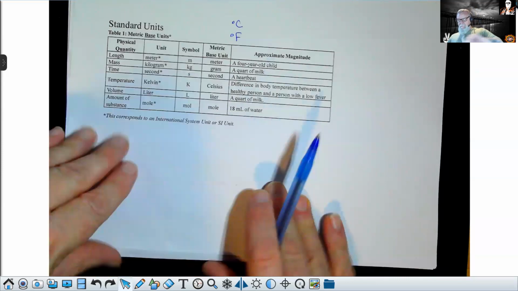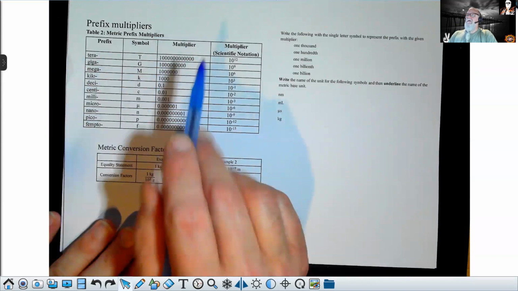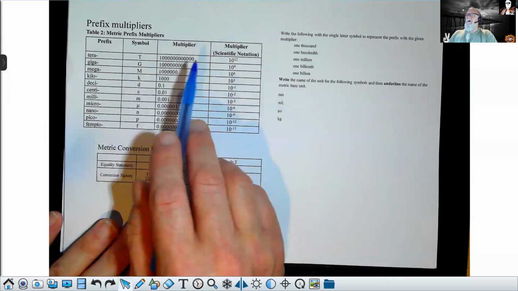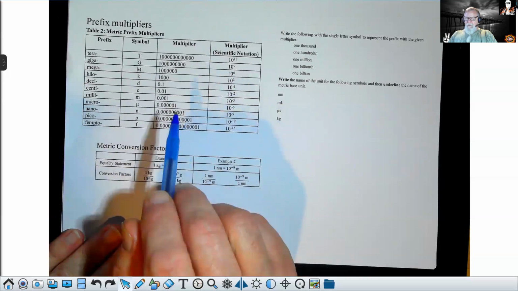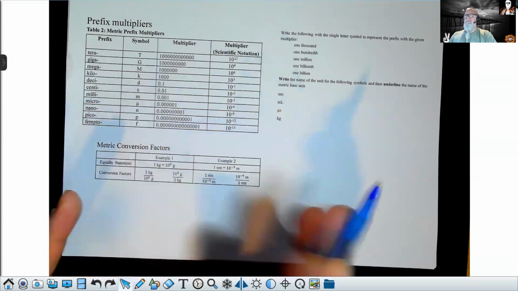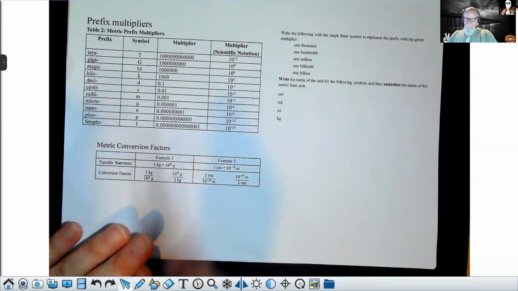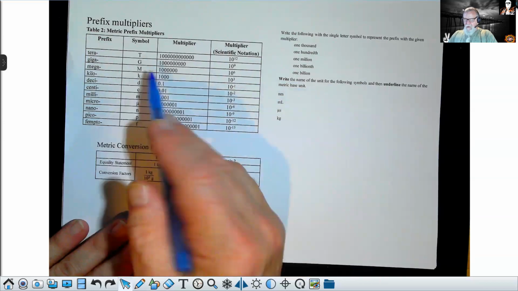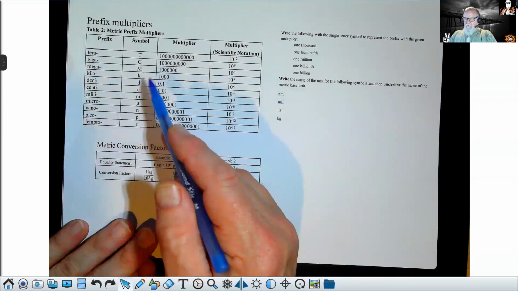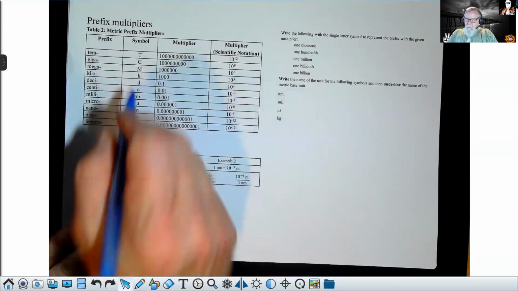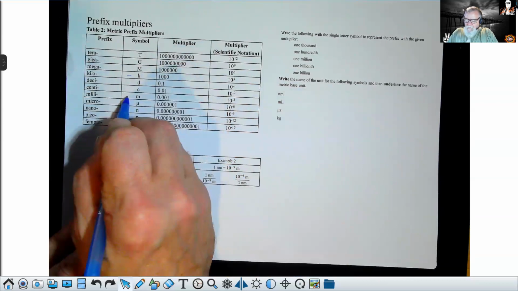Let's talk now about the prefix multipliers. Okay, so the prefix multipliers are the thing that you're going to multiply the base unit by in order to get to the unit that you were talking about. So this is useful for very large or very small numbers, right? And so what you need to know is that, and there's a lot of them here, right? I wouldn't memorize all of them, but I would get started on trying to memorize as many of them as you can. The most important ones are going to be kilo is going to be the most important, and milli